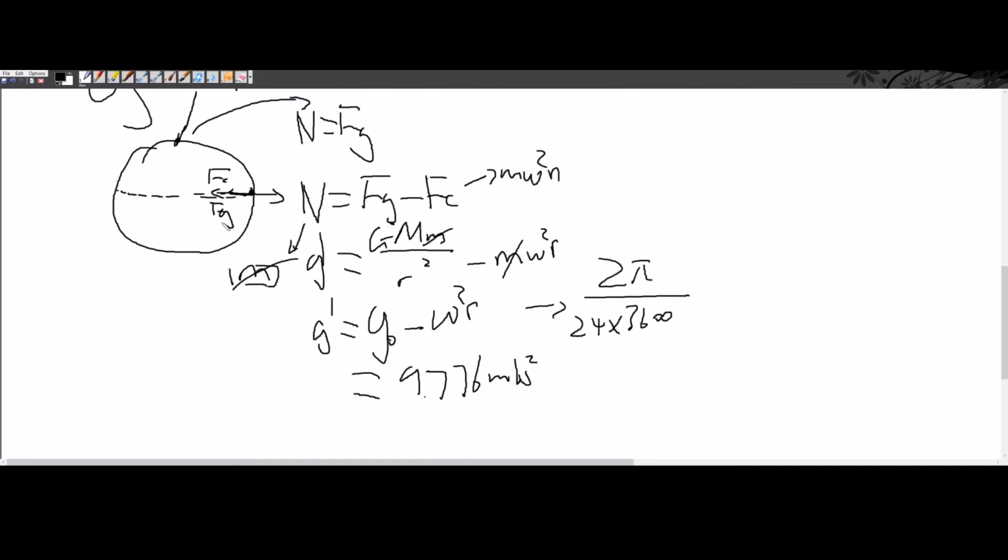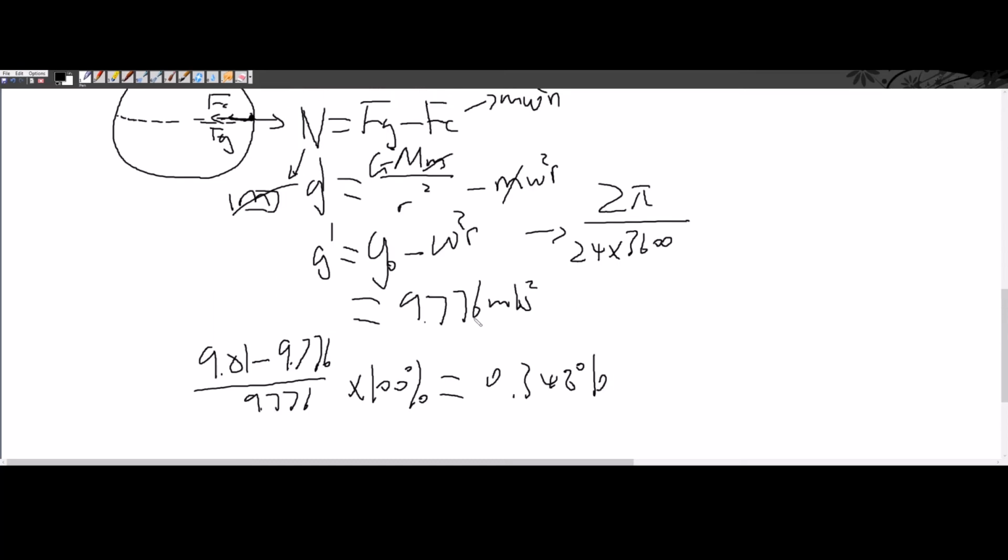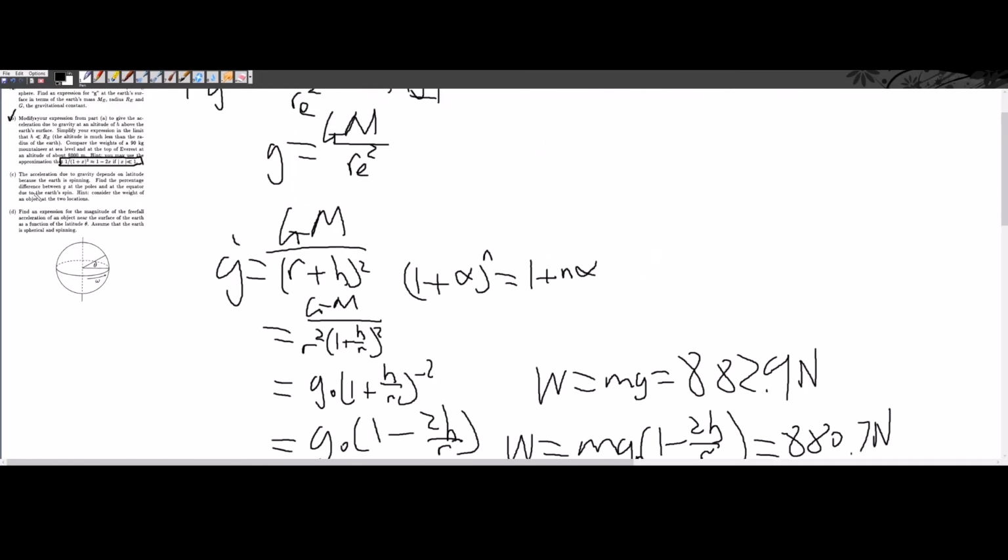So I want to find the percentage difference, right? So we get our original value, so 9.81 minus 9.776 over 9.776 times 100%. This will yield around 0.348% difference between the gravity at the equator and at the pole. So C is done. Okay, so for part D, you want to find an expression for the magnitude of the